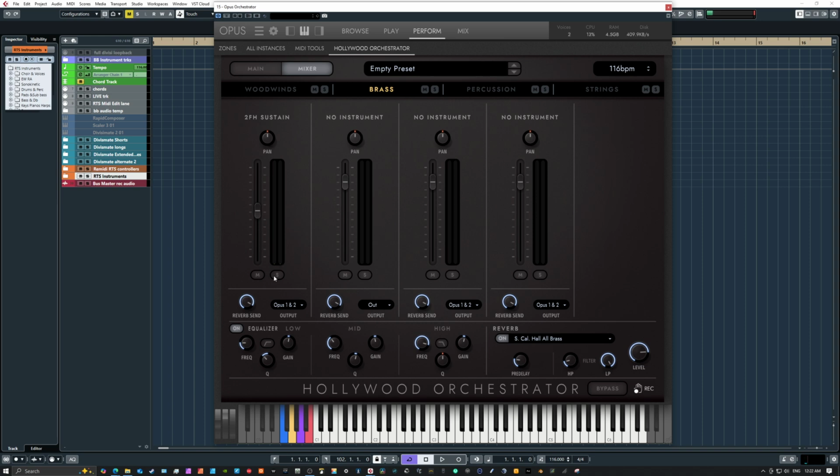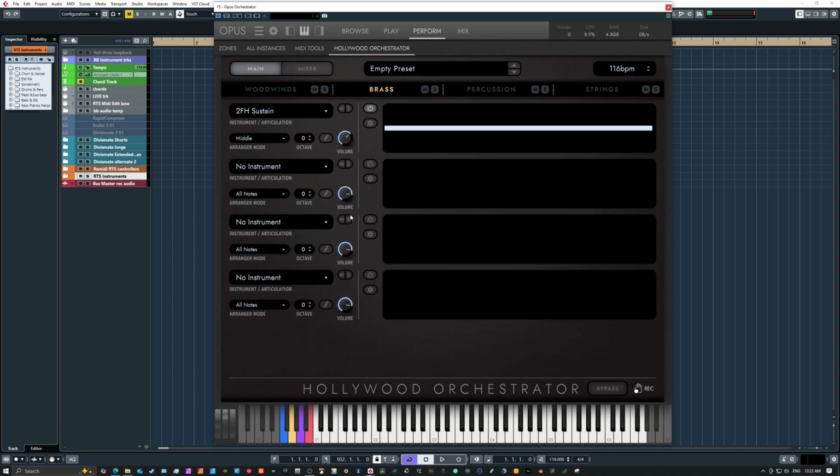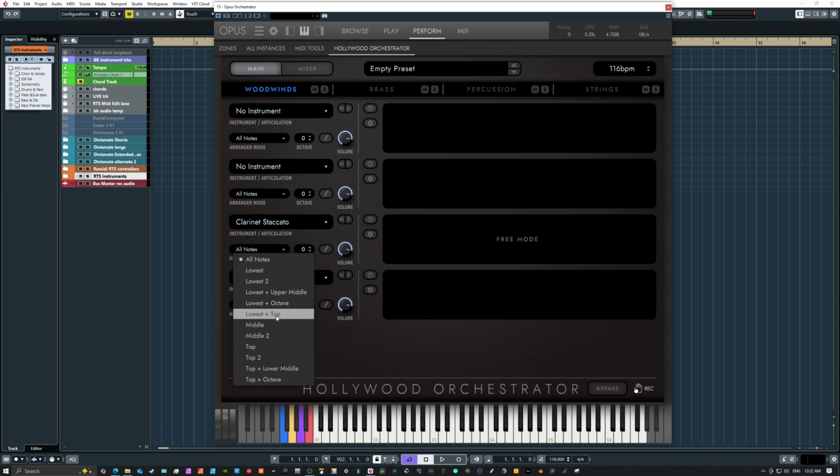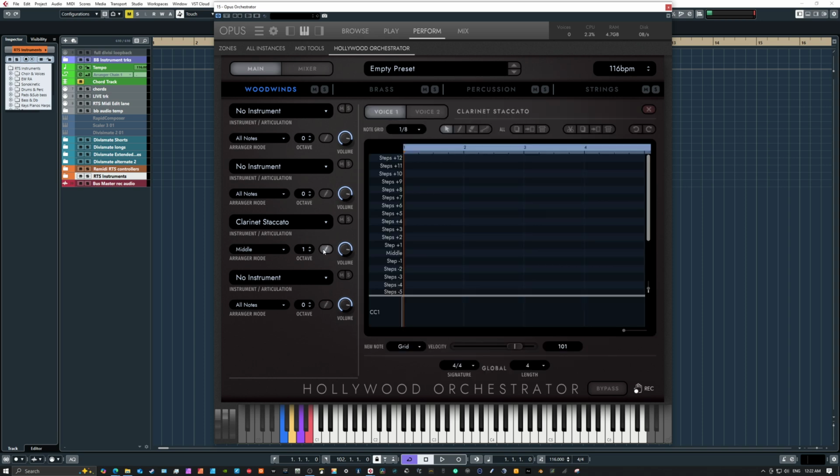Let's check the mixer. Maybe not so much, but still nice to have some on that. Let's go back. So we may want to add something else. But for now, let's go to the woodwinds. And let's have a little fun with maybe a clarinet and a staccato clarinet, middle note, keep the octave at maybe +1, turn it on,